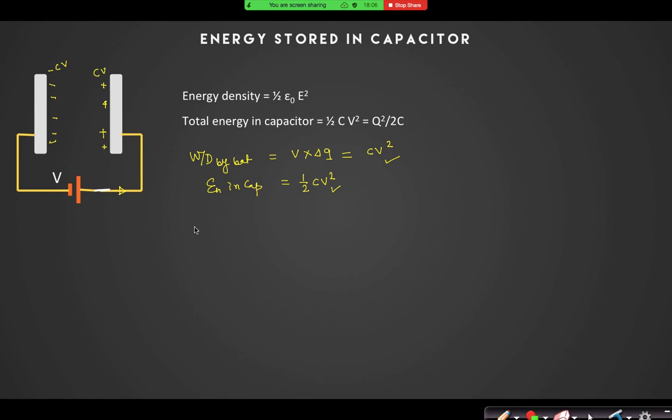Look here, let us try to answer your question. If this is plus CV, and you change the polarity of the battery, suppose you have opened that battery and then you have connected another battery like this. So when I have connected that battery here, now the charge on the capacitor plate will shift from plus CV to minus CV, and that charge will shift from minus CV to plus CV, right?